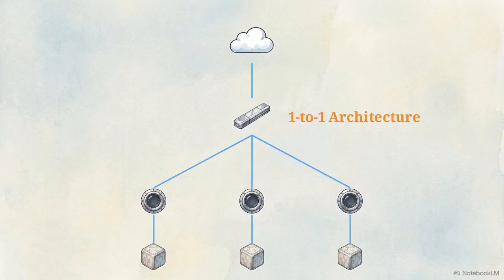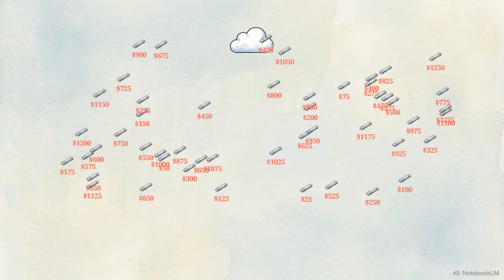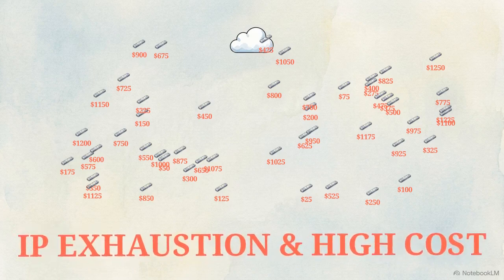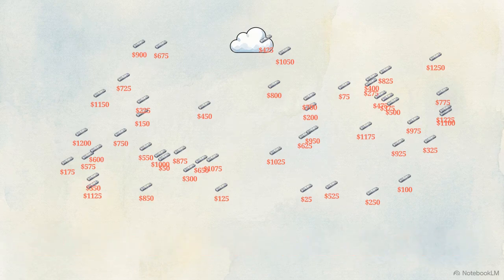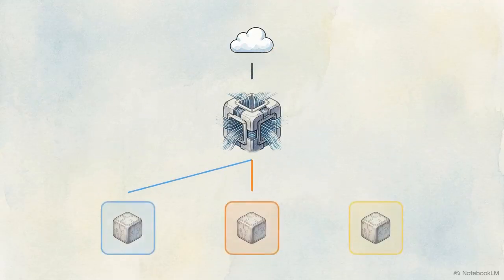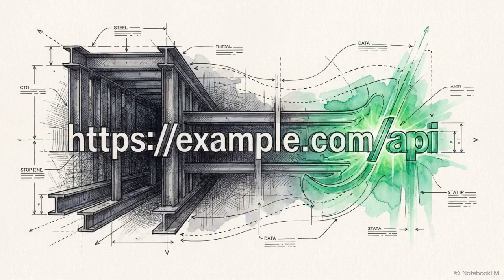But this one-to-one architecture introduces a critical scaling flaw. Deploying 100 different microservices requires 100 dedicated load balancers, exhausting public IPs and incurring exorbitant cloud billing. To eliminate this sprawl, you use an Ingress resource. Ingress is a resource consolidation solution designed to sit in front of your internal services. By utilizing Ingress, you reduce your entire external footprint down to a single cloud load balancer and a single public